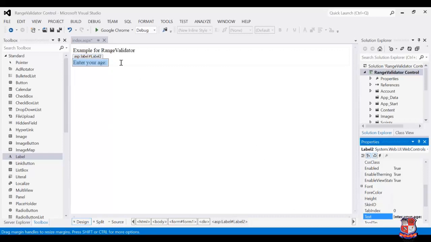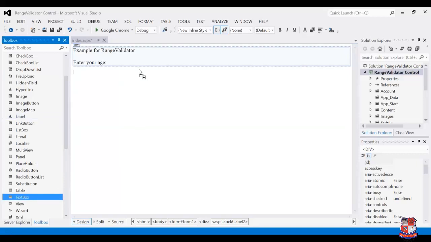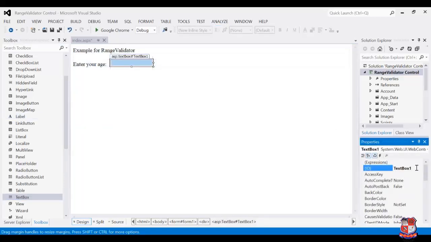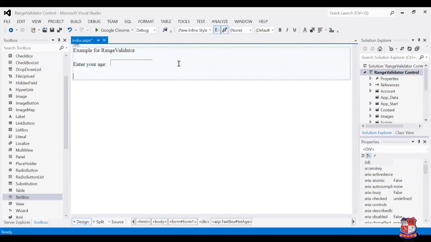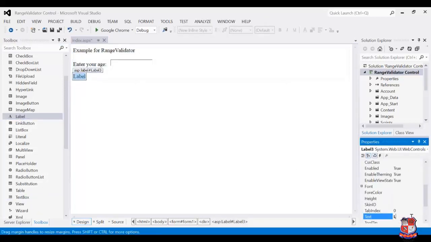Then I'm putting a text box over here, and I'm setting the text box ID property to txtAge.